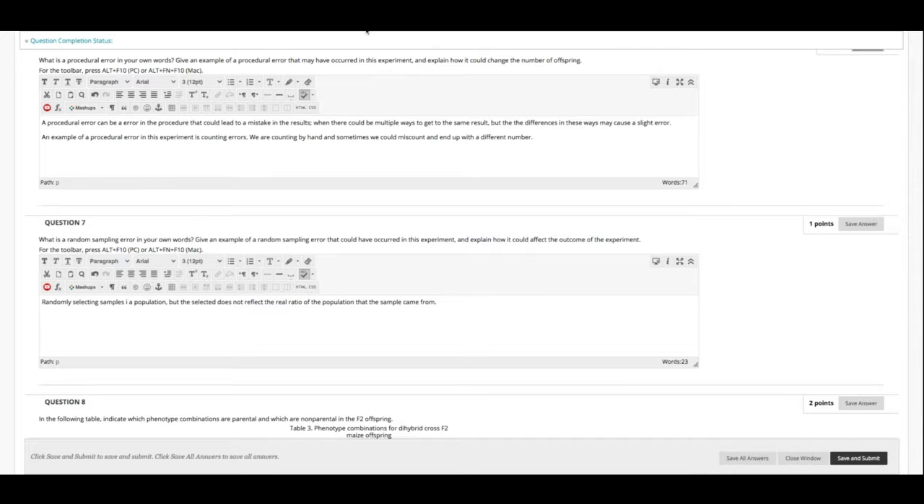I guess an example could be us not getting enough seeds to fully see how the population is. Of random sampling error in this experiment, if there was not enough